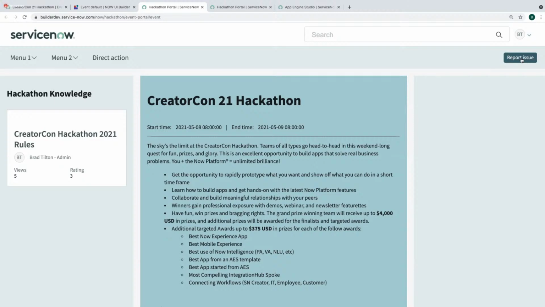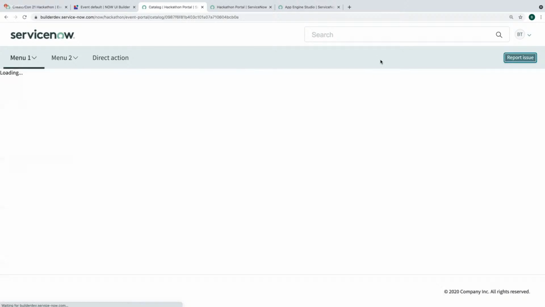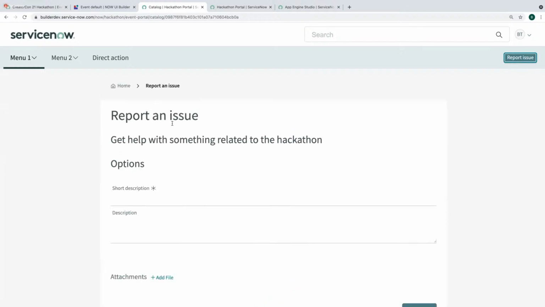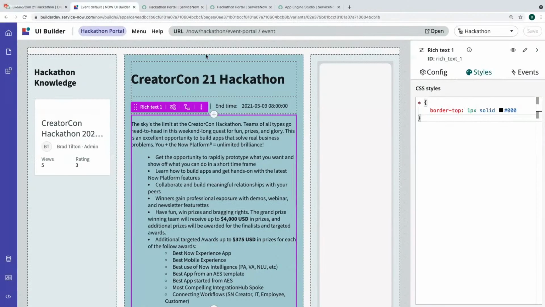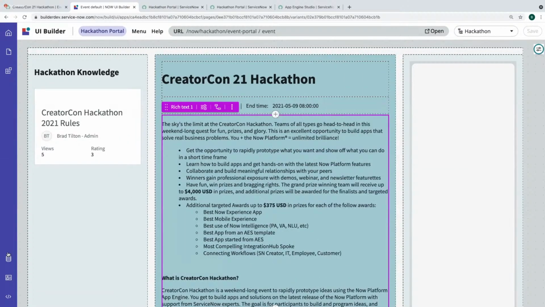I'm sure we will. We're going to get into something that's a little more complicated in a little bit. So we've got this report issue button where if I click on it, it's going to take me to a record producer. And this is nice, but I think I want a submit app button that we'll probably put over here somewhere. And I think I want that to pop open a catalog item in a modal, which I just decided I want to do. So let's see if we can make that happen. I love it. Let's do that.